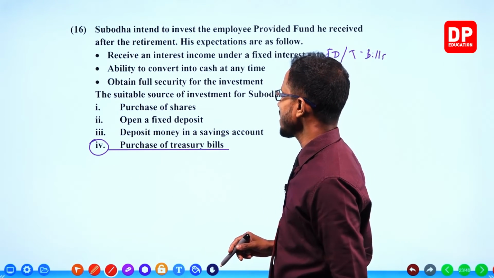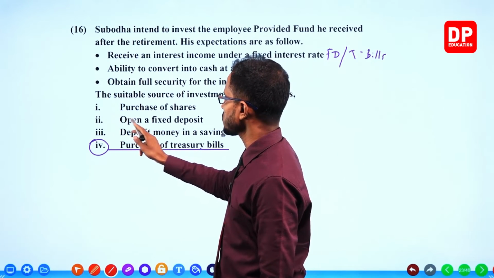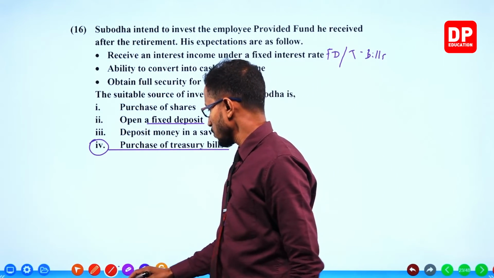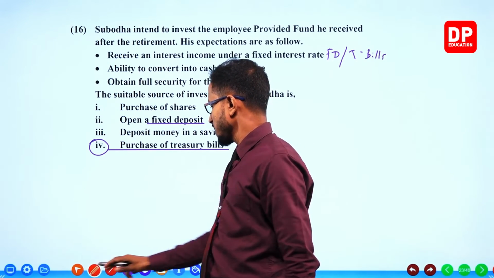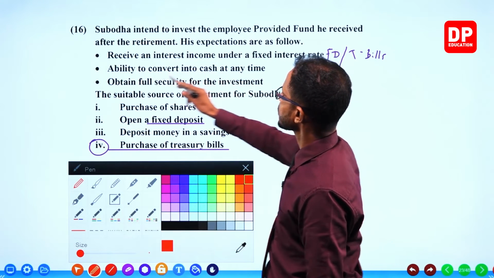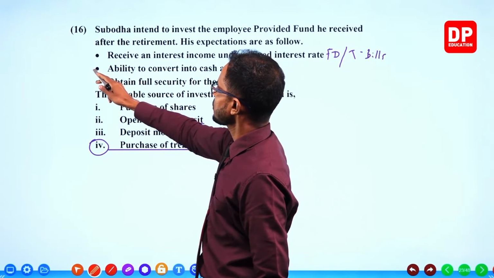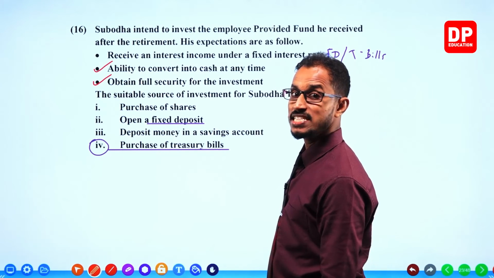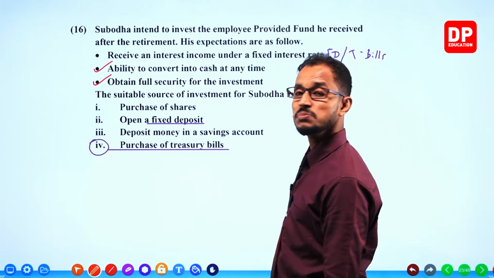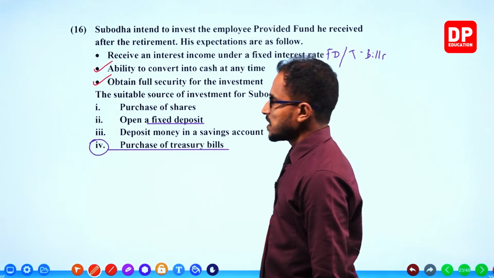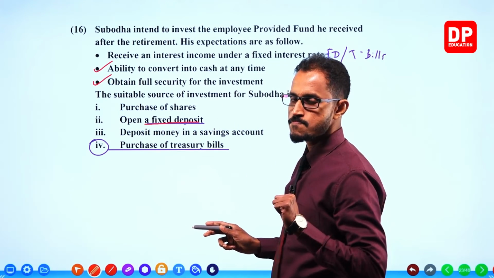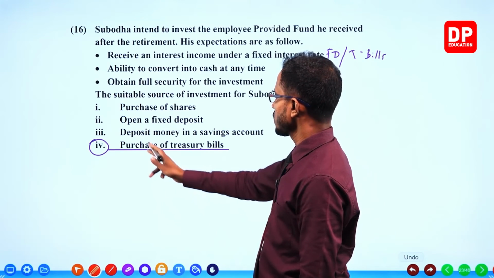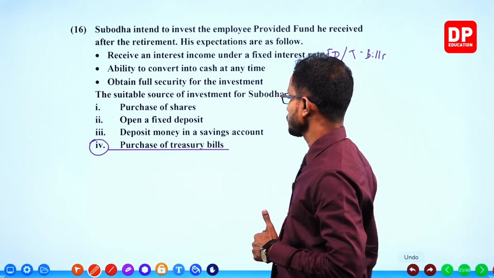Why didn't I take this fixed deposit? Because if Subodha opens a fixed deposit, these two things are not given: ability to convert into cash at any time, and full security for the investment. Taking cash at any time he wants and obtaining full security, 100% secured by the government. These two are not given by fixed deposits. So can't take fixed deposits. Purchase of treasury bills is the